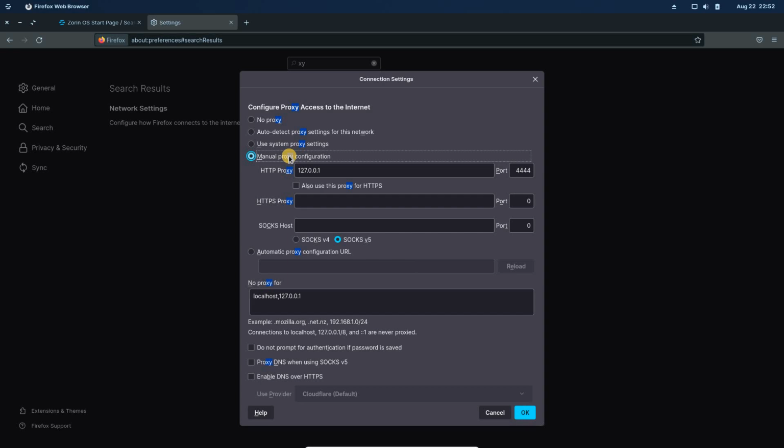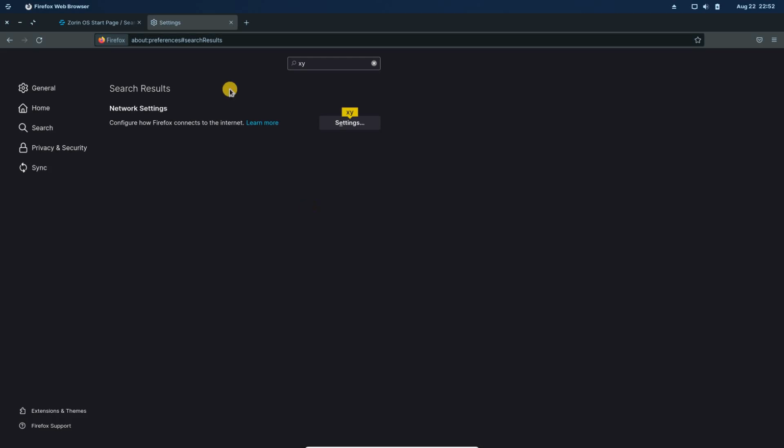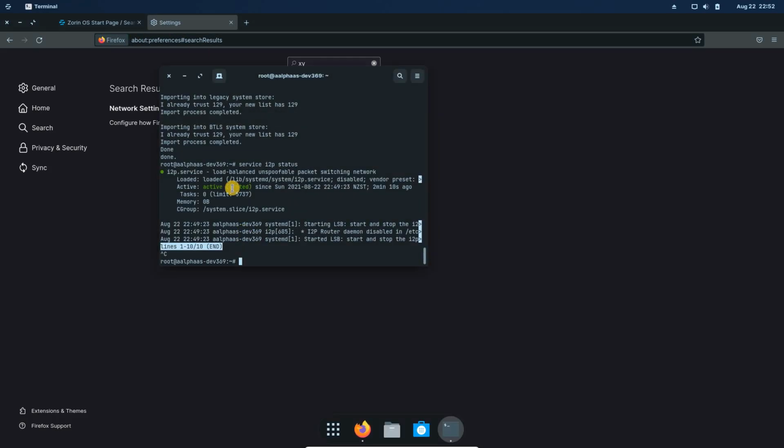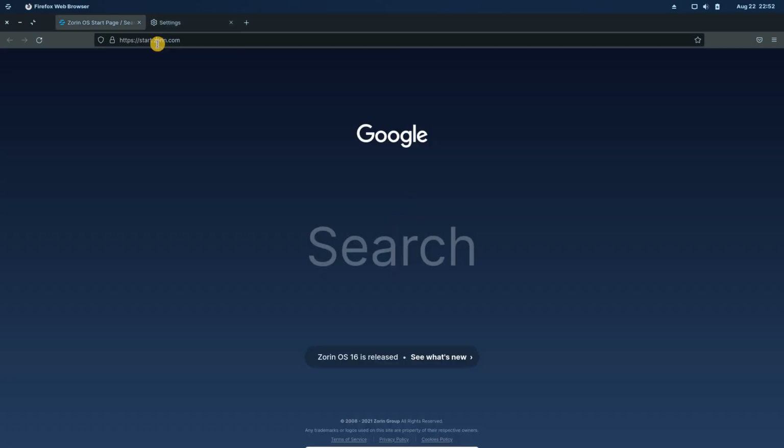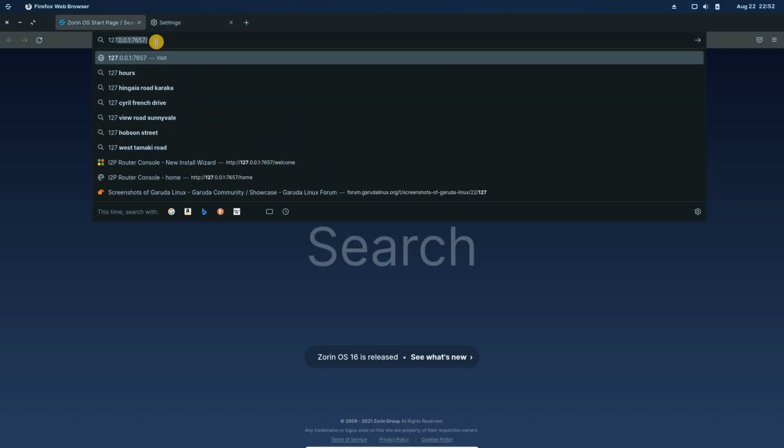Yeah, I configured it previously. It's as simple as it is. Just configure the local loopback IP and the port is 4444. Here, just say that you don't want to proxy for localhost and this loopback IP. Just set it up, and when we check, the status was running, I2P is running, so we'll be checking by going to visit the